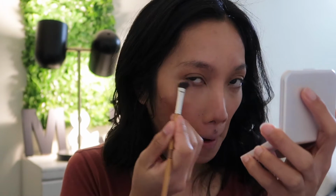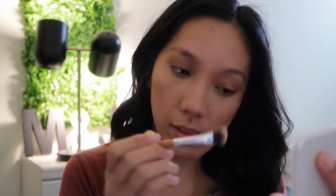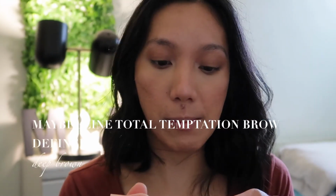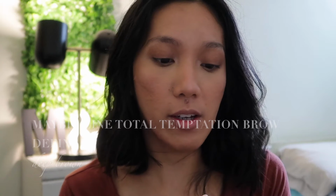And for the lower lash line, I am going to go back to the bronzer that I used and put that underneath. I honestly do this very messily. And for the inner corner highlight, going back to the palette, pick up the middle shade and pop that in the middle. And for my brows, oh my goodness, I have been loving this Maybelline Total Temptation Brow Definer, and